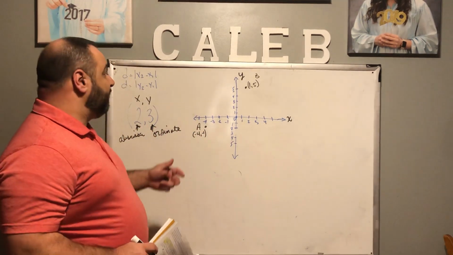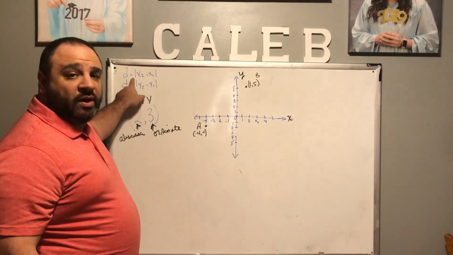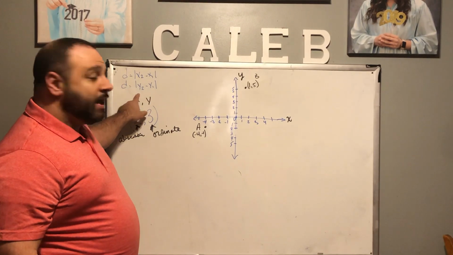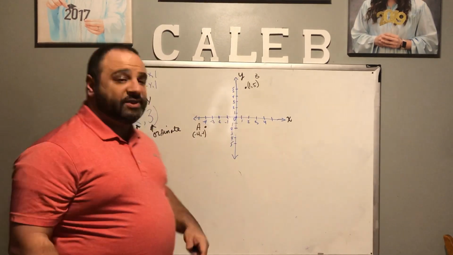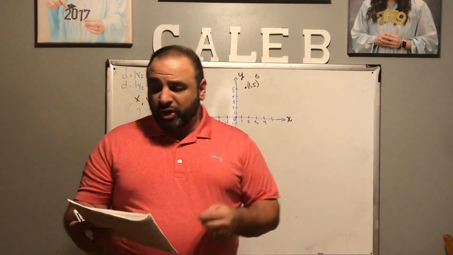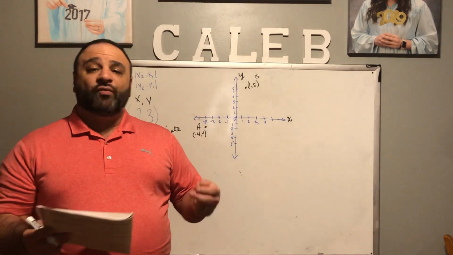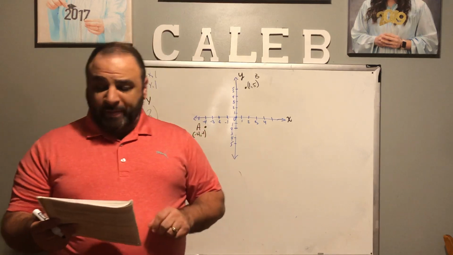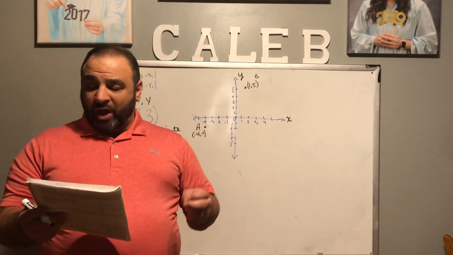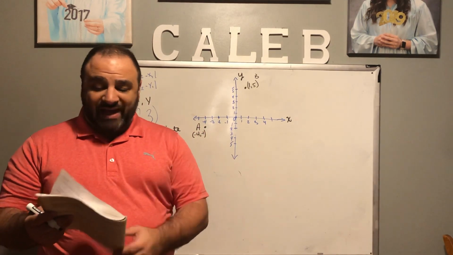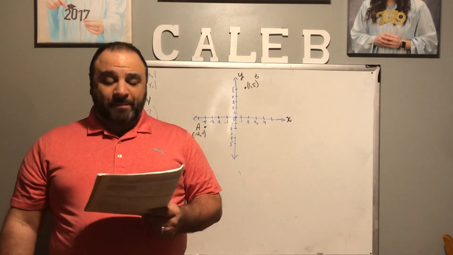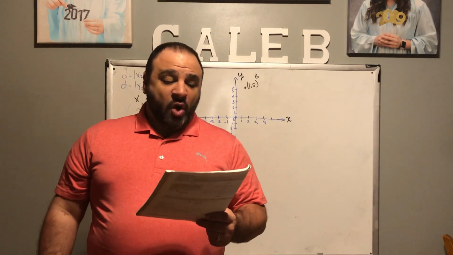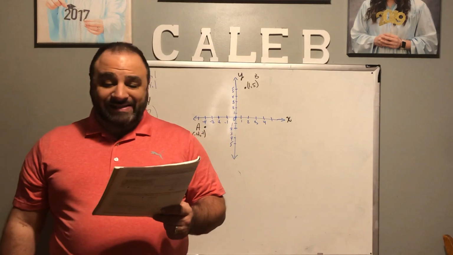Now, it's very important because, again, not very simple. It's easy if we have the same y coordinate or if we have the same x coordinate. But since we have different coordinates, how do we do this? So we're going to use the Pythagorean Theorem. We're going to create a right triangle. And so looking on the page there, if we draw AC parallel to the x-axis and BC parallel